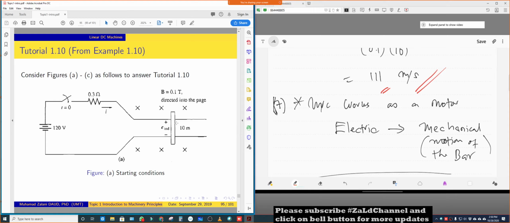If we apply the force in the same direction where the machine is rotating, where this bar is moving, it means that we are converting this machine into a generator. Similarly, if we apply force opposite to the direction of this bar moving, which is to the right direction for example, at that time we are turning this machine into a motor.